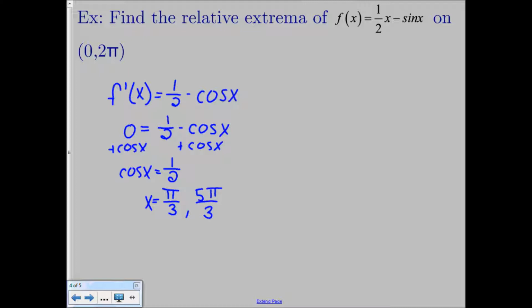And so now all we want to do is set up a sign chart. So let's label our f prime, x's, put our critical values on there. So we have pi over 3 and 5 pi over 3. Now since this is trig, it gets a little harder to plug in, but not too much harder. So let's pick 3 test values. Pi over 3, we could always plug in,